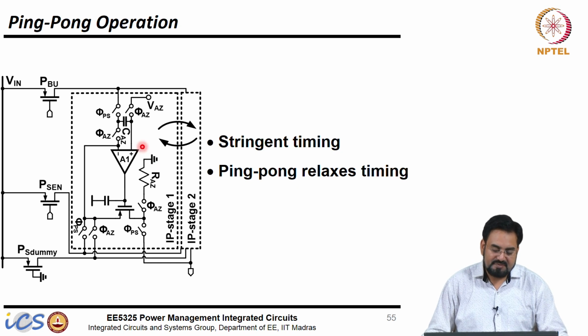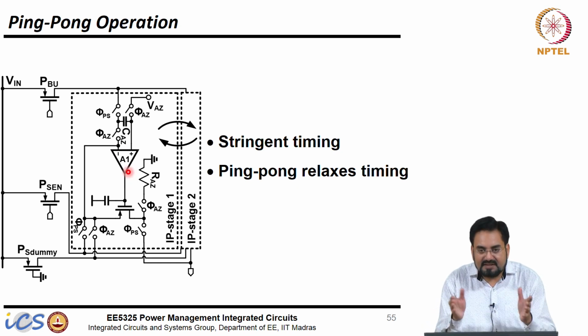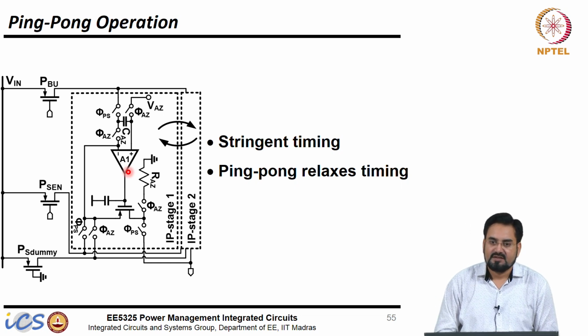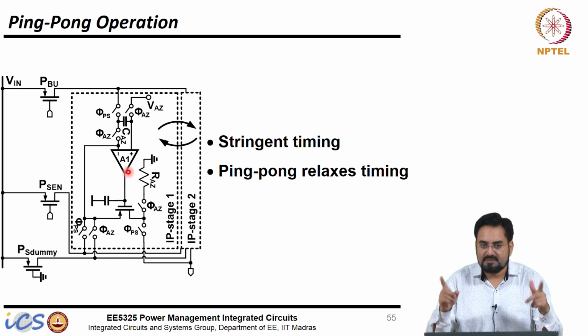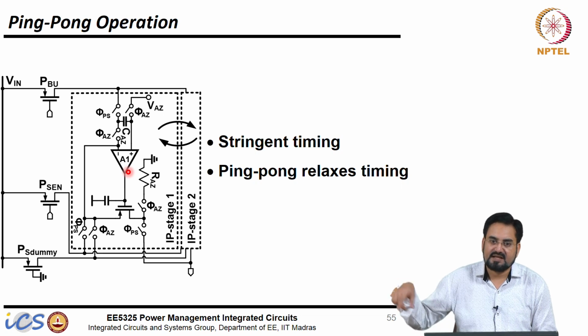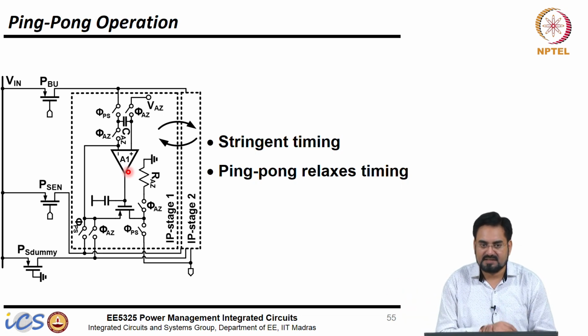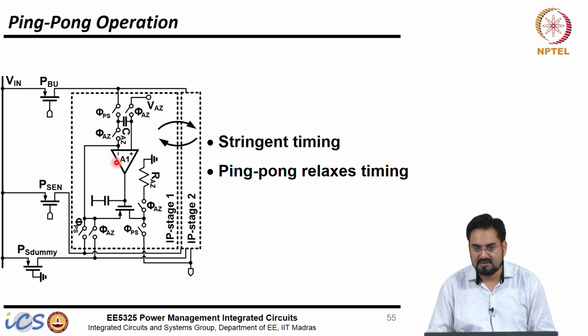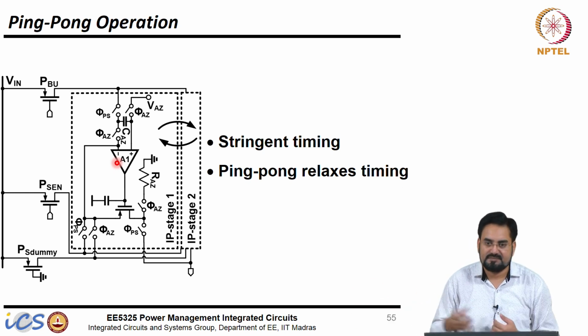So the problem here is that you have to do everything within a very short time. For one period of your switching period, you have to do everything, and when the next cycle comes, again it's cycle by cycle current sensing. Which means we hardly get any time to settle the output. It is quite possible that your output may not get settled, and your next PWM cycle will come again.